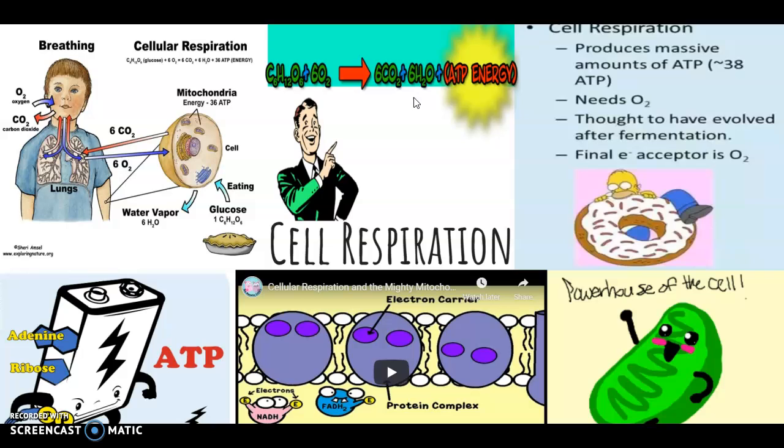This process of cellular respiration does require your respiratory system. So when you think about the word cellular respiration, you should be thinking about breathing, and what you breathe in is oxygen. So oxygen is a necessity for cellular respiration. It does occur in the mitochondria, the powerhouse of the cell. So this is where energy is converted from a chemical form of glucose into the usable form, ATP.